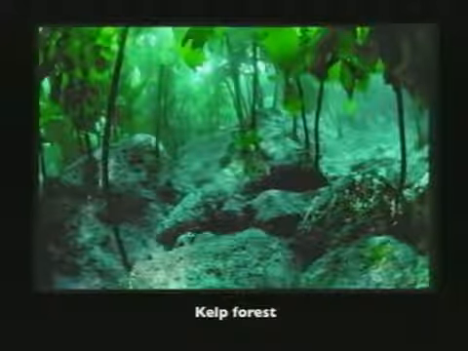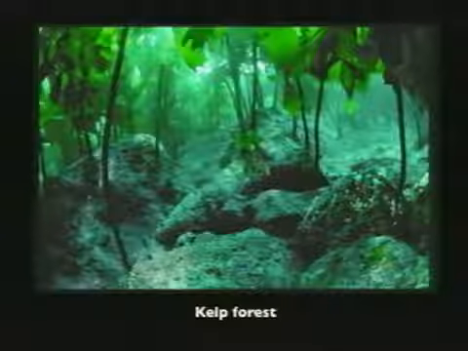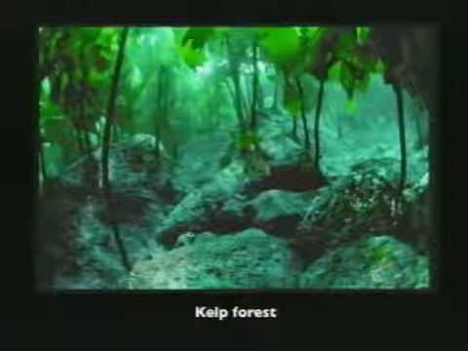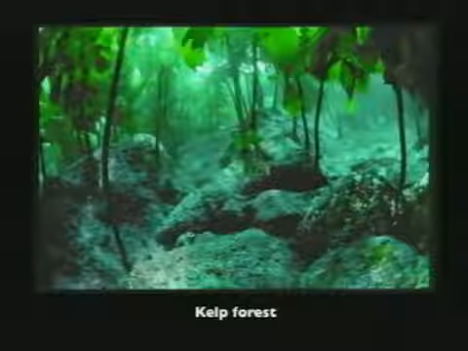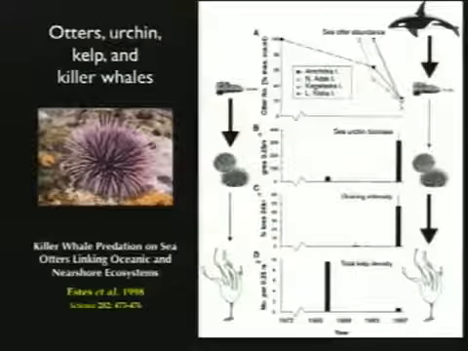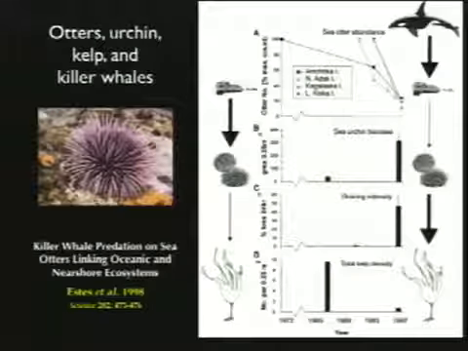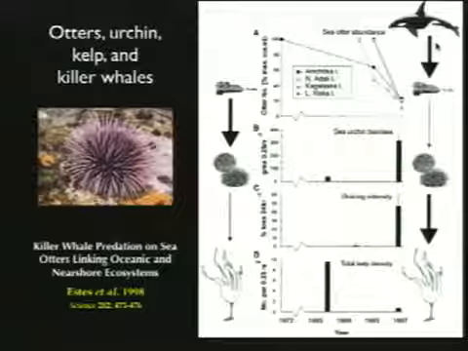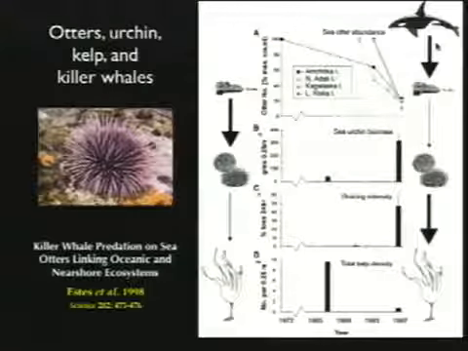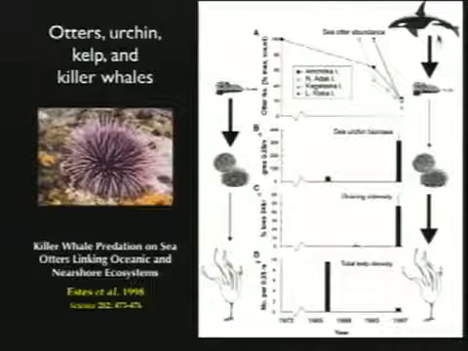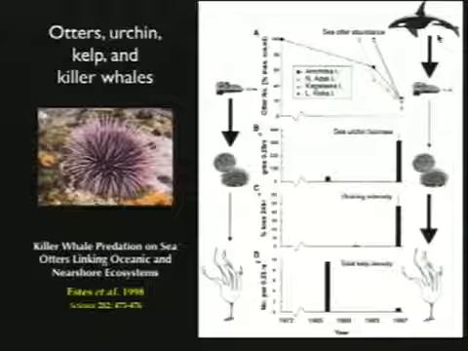But they're full of fish, full of microorganisms, full of other organisms, very, very rich communities that, if you pull out the sea otters, which are not very abundant, you can lose as a result of the increases in urchins and the loss of kelp. A neat study from a couple years ago added killer whales, orca, to the mix. The otters came back relatively well, as I mentioned, around the Pacific Rim, but they went into sharp decline in some areas as a result of predation by killer whales.